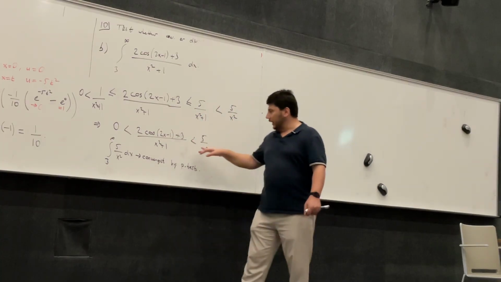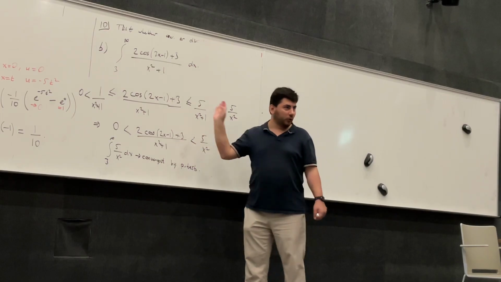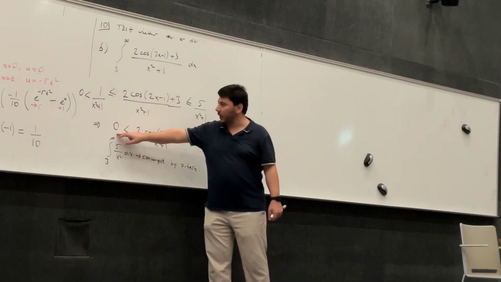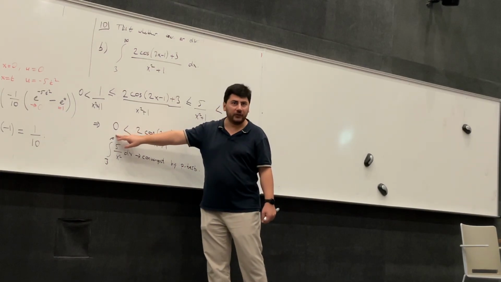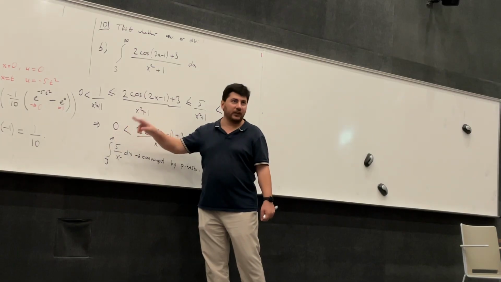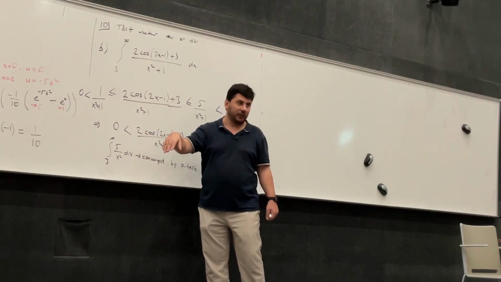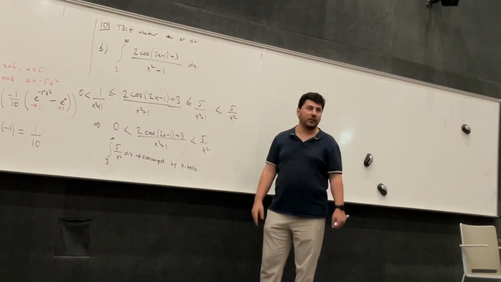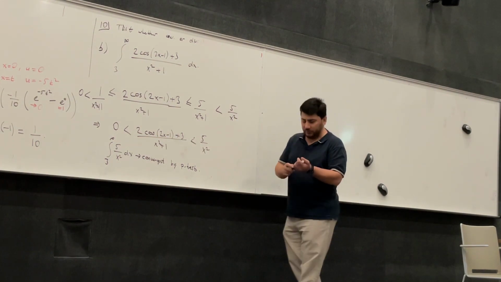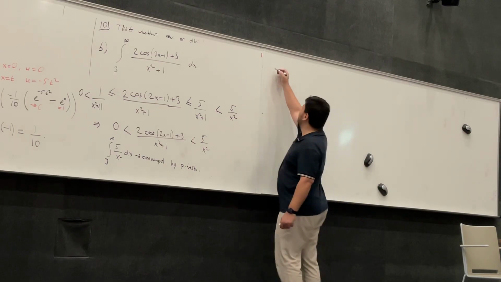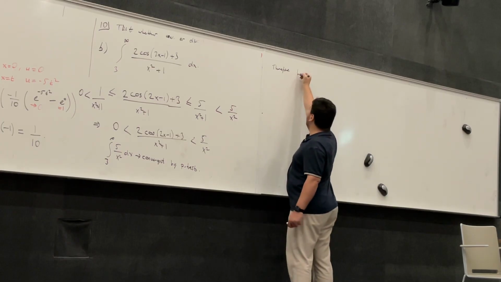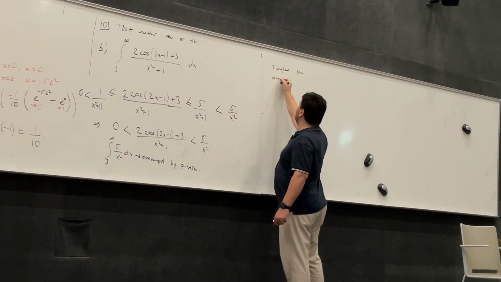Because in this case, this could go to negative infinity, right? If you don't bound from below by 0, then there's a possibility that it will go to negative infinity. So you gotta say that it's bounded from below and bounded from above. Therefore, the integral is